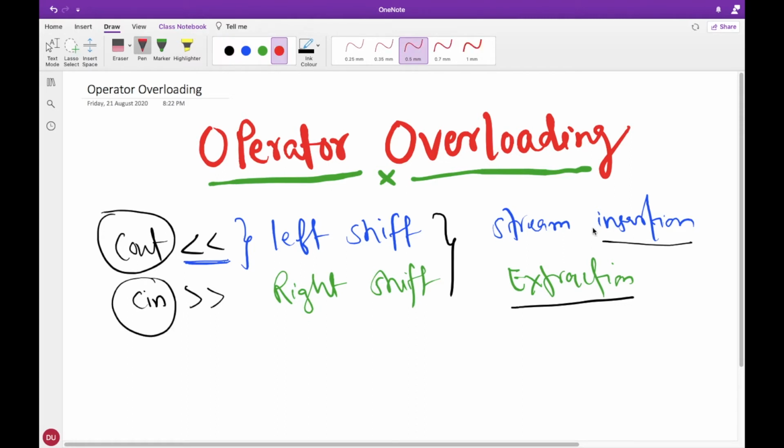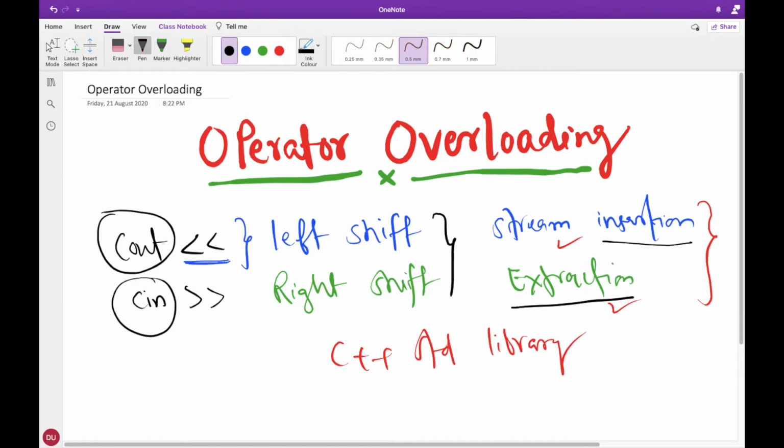Clear? How are we able to use these stream insertion and extraction operators? Because both these operators are overloaded in the C++ standard library, and that's why we are able to use them.